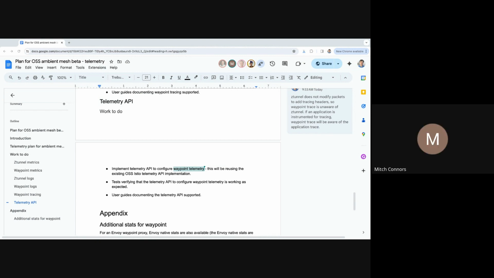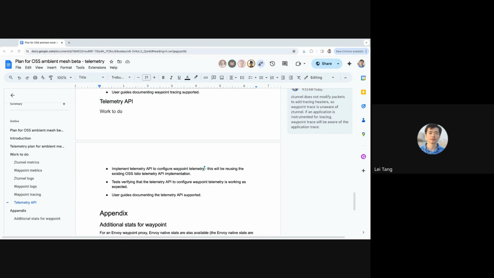I guess for my part, I would be a little bit surprised as a user if I configured, say, a Datadog provider for pushing telemetry, and that only impacted my waypoints, and I didn't get layer 4 telemetry there. So let me think about what you're saying. So you are saying that you want layer 4 and layer 7, right?